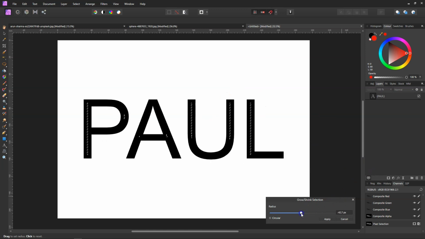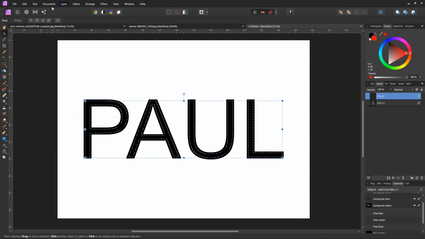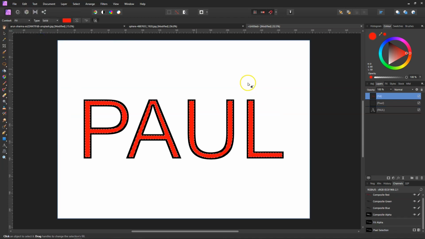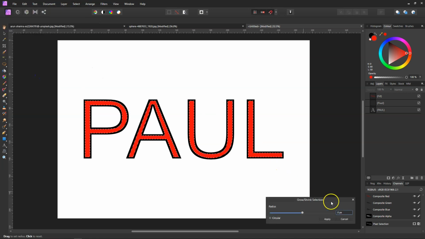Or we can drop it down to say like 20 pixels. And now what we can do is click apply, open up a new layer and give that layer a new fill. And we'll go that and then deselect. And we've now got that. And say we wanted to do what we've just done again, we can now click that, go back up to select, grow and shrink, and we can shrink it down even more, say another 20 pixels, apply,